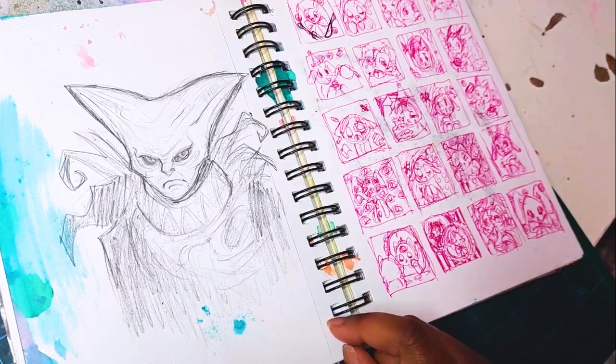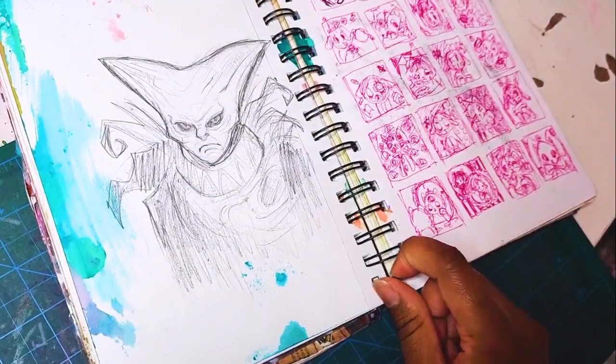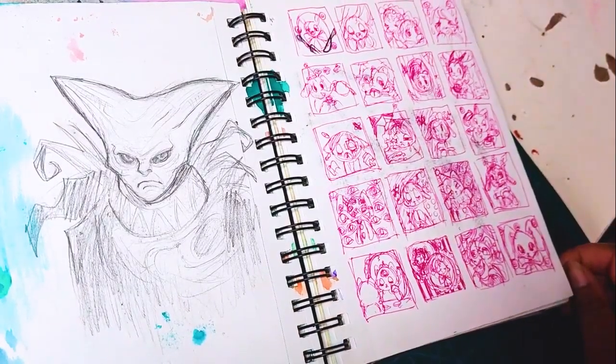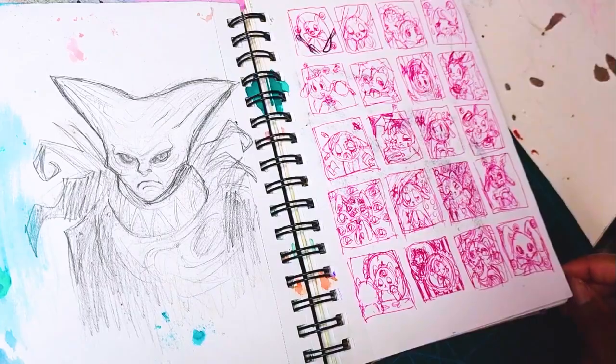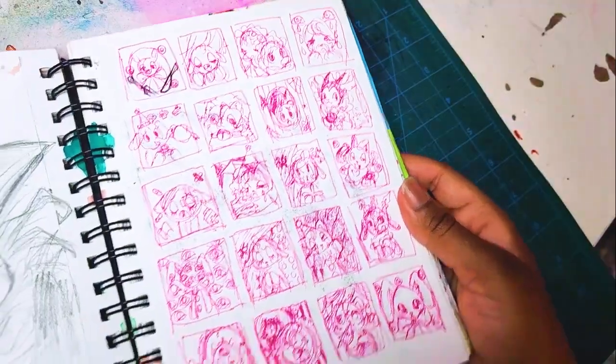So I sketched this out, and the page was a bit of a mess, but I think it kind of fits the vibe. It smeared a lot though, which I'm not happy about. This is why I sketch in pen, because pen smears, but it doesn't smear this badly. If you look, look how much got over the page. And these are just thumbnail sketches for